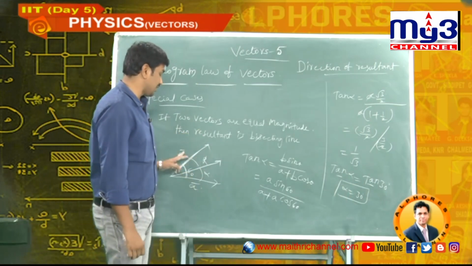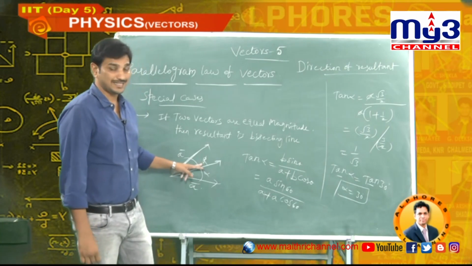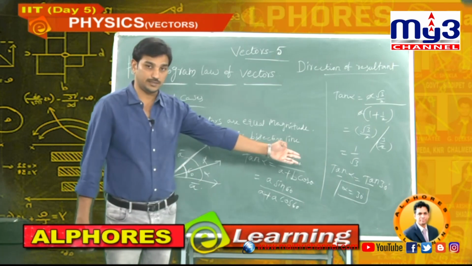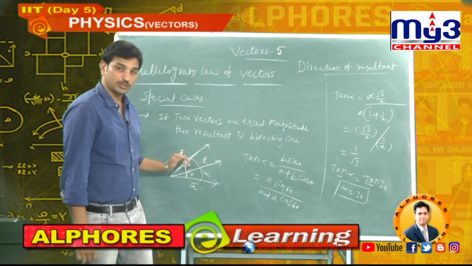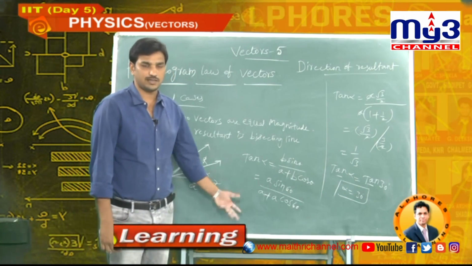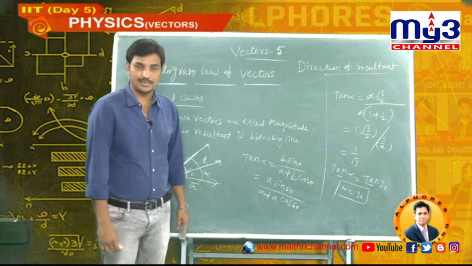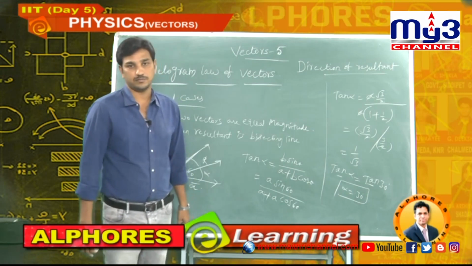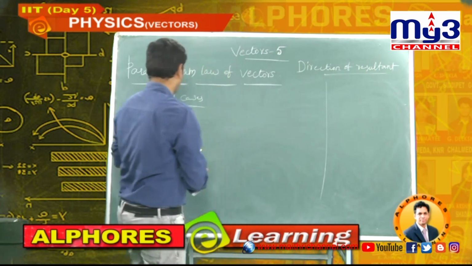Yes, my statement is correct. Two vectors are equal in magnitude, now exactly the resultant is the bisecting line. So 60, half is 30. The answer is also 30. You got the clarity. Suppose the angle is 120, both are equal, now the resultant is 60 with the horizontal. For any vector, it's the same bisecting. Suppose equal vectors with angle 90, the resultant makes 45 degrees with each vector. I think you understood the statement of this one. One more point.